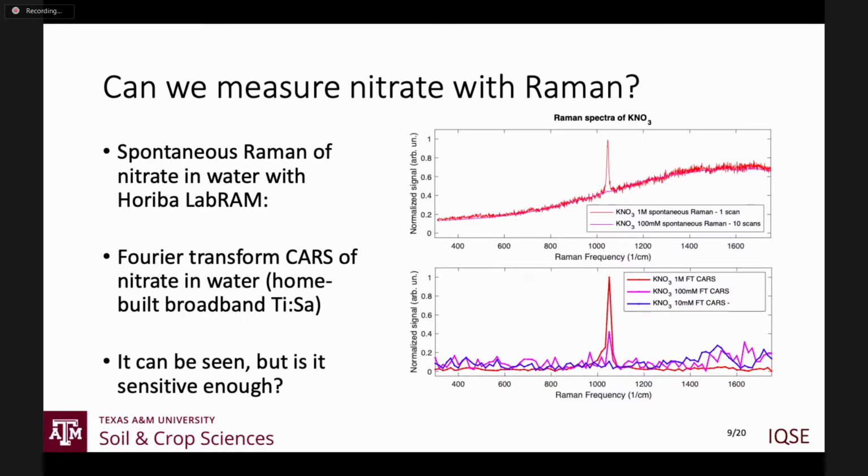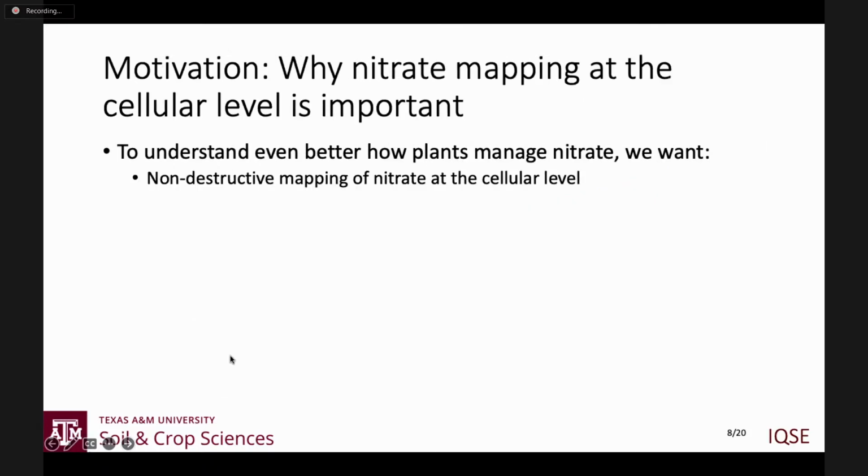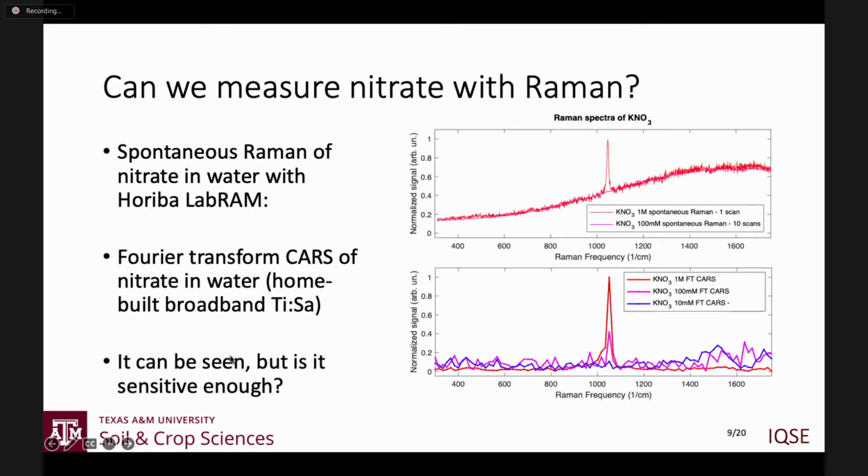Again, I think our system has a lot of potential to be improved, but with the limitations we had at that moment in terms of the stages we were using for the scanning, for the Fourier transform CARS we were at the same limit that we were seeing with the HORIBA microscope. So we were fortunate